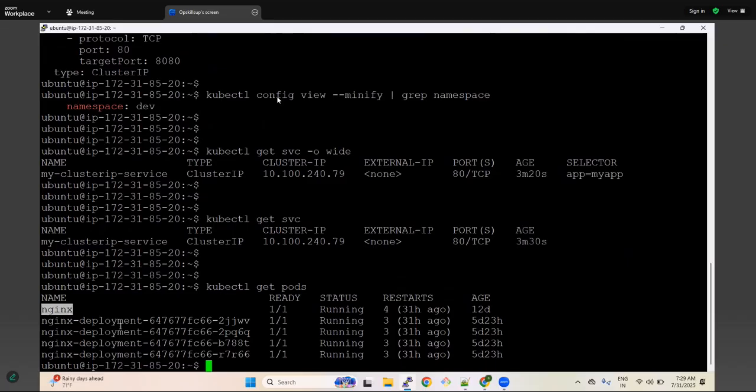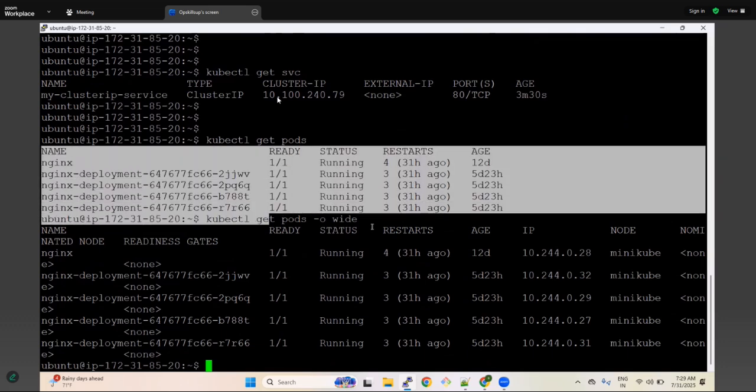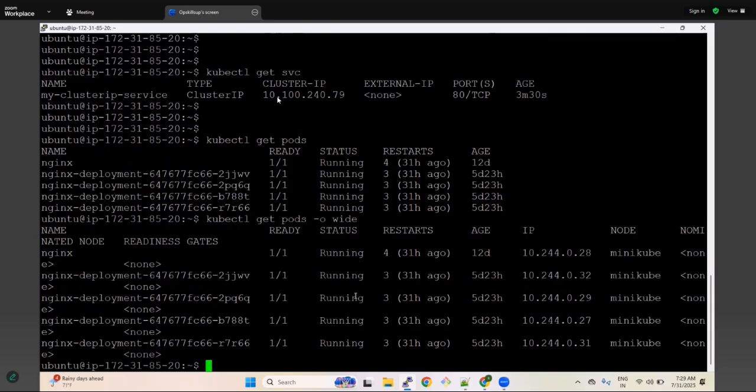Now, if I run kubectl get pods -o wide, you can see the difference in the output. You see the output when you run only get pods, and you will see the extra output with -o wide along with get pods. When you use -o, the output represents output in wide. This will give you the name, readiness gates,